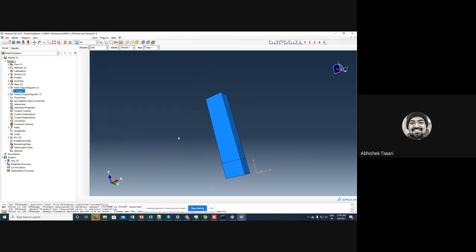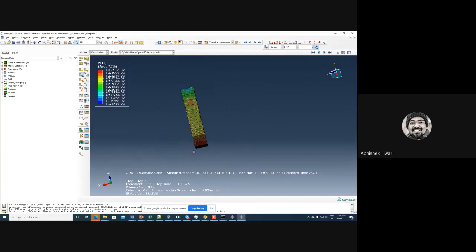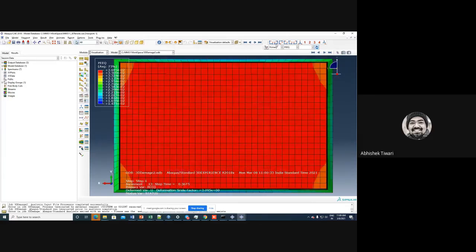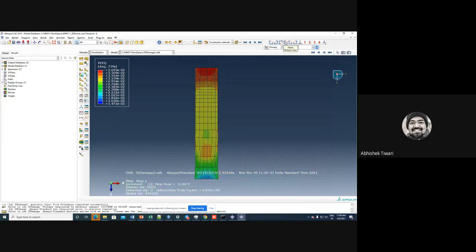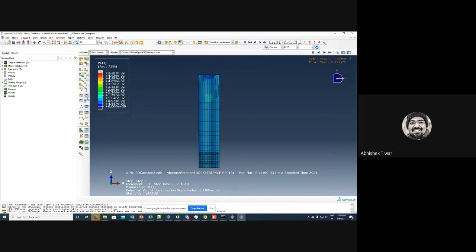So let us look at the results. These are the results. Here, I have to make it opposite. Yeah. So if you see here, if I do the simulation, there is no rotation now. You see this thing is not rotating, so the rotation problem is not happening anymore. And here you have PEEQ, which is equivalent plastic strain, and as soon as the equivalent plastic strain is higher than the amount which we described, which was 0.03,